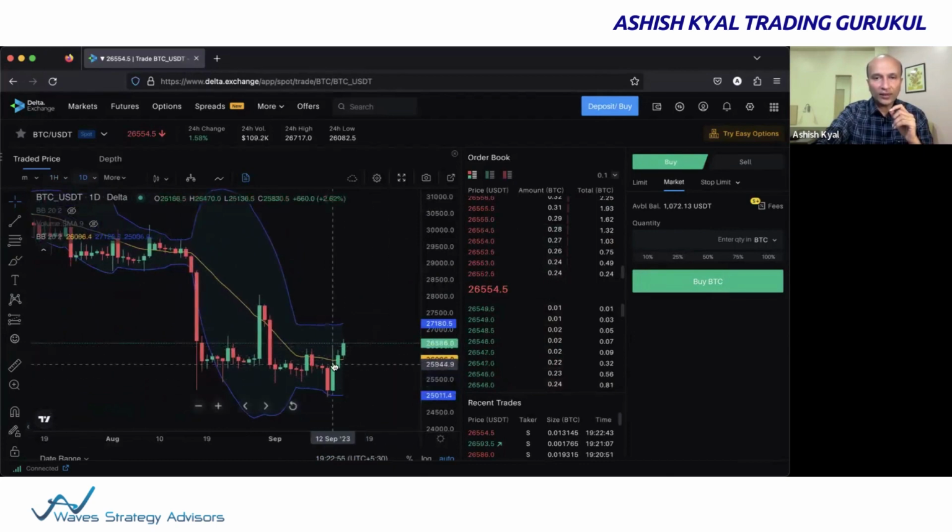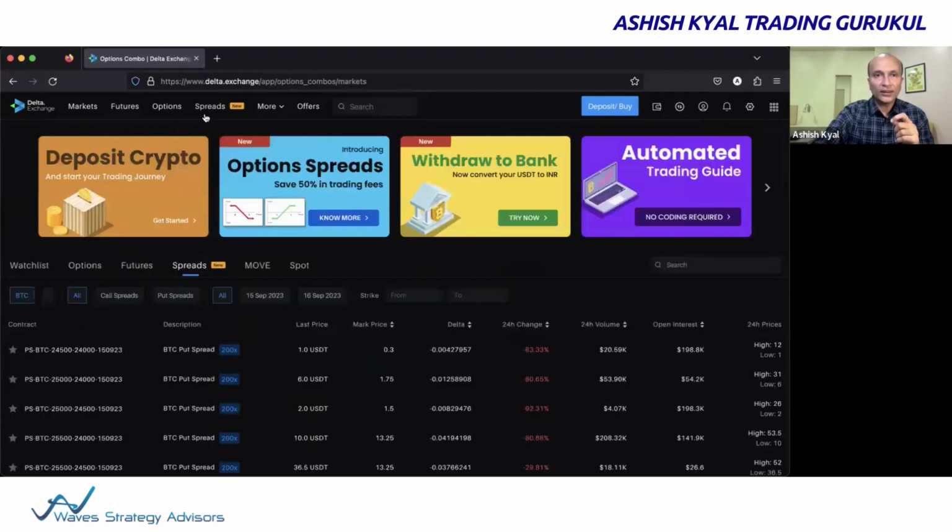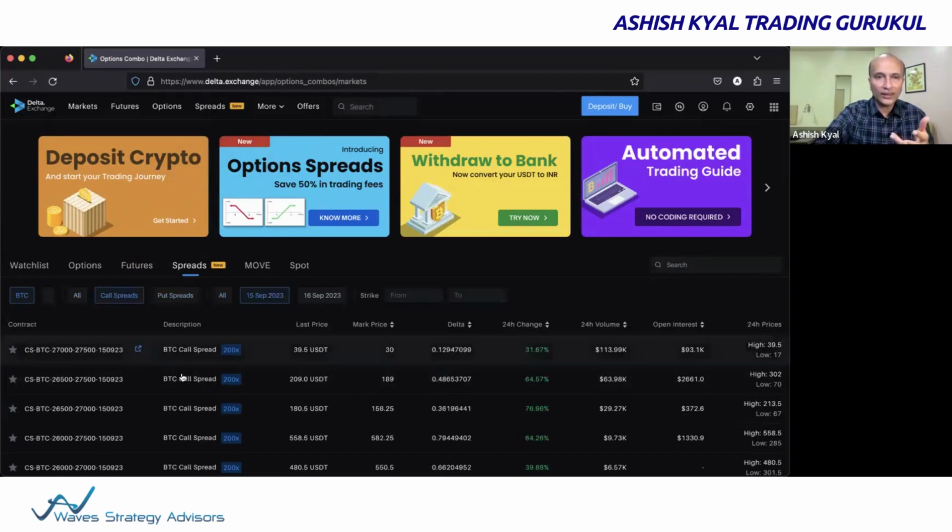Okay, this is the daily time frame chart that I'm looking at, and I'm looking that since the Bitcoin is given a break above the mid of the band and sustaining there, my expectation of the target is around 27,180. Since my expectation is 27,180 here, I'm expecting to go long here and sell an out of the money option. So I want to create a spread. Since I want to create a spread, I went to the spreads. I simply went to this specific spread of call spreads for 15th September expiry, 1 day ahead expiry,